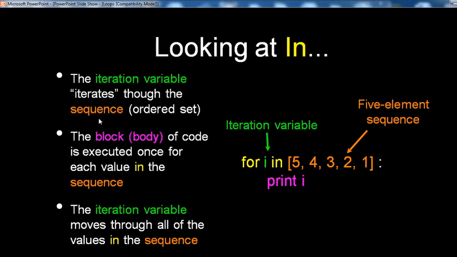It traces through the sequence, here a 5-element sequence 5, 4, 3, 2, 1. Everyone knows only the syntax but not the meaning of that syntax. The iteration variable iterates through the sequence, that is, the ordered set, and print i is the block of body. The block of body code is executed once for each value in the sequence.